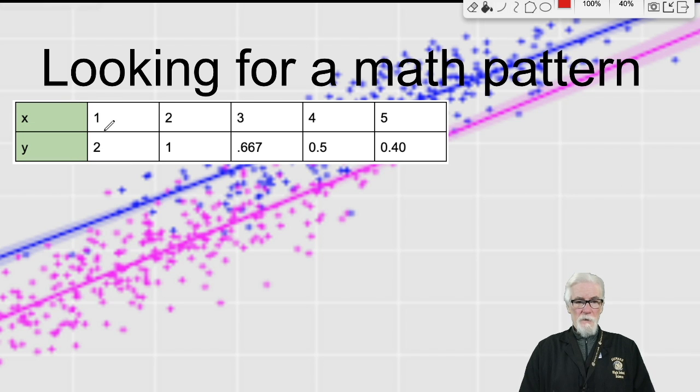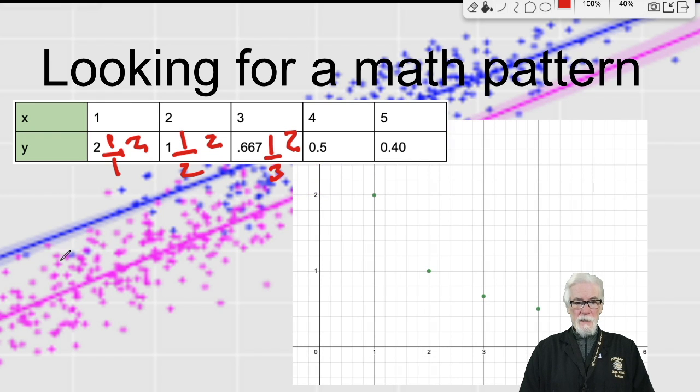You may have noticed that this is just 1 over the x values times 2. 1 over 1 times 2 is 2. 1 over 2 times 2 is 1. 1 over 3 times 2 is 2/3, which is what 0.667 is. So that's the pattern. It turns out that this is going to follow that same shape, and once again, if